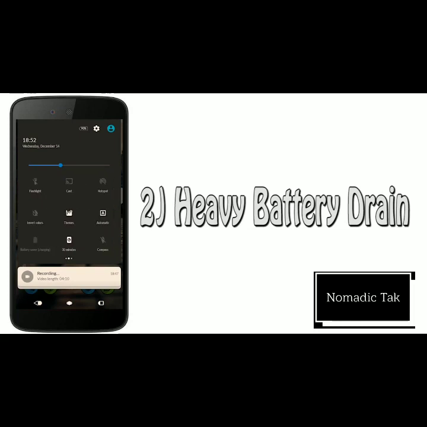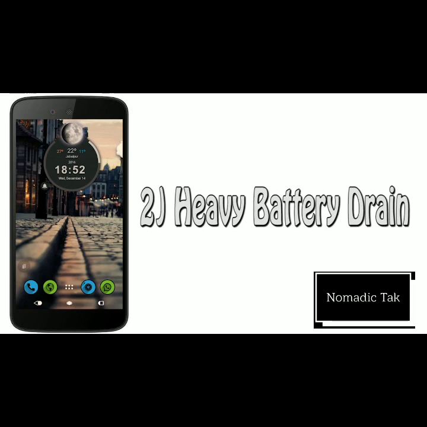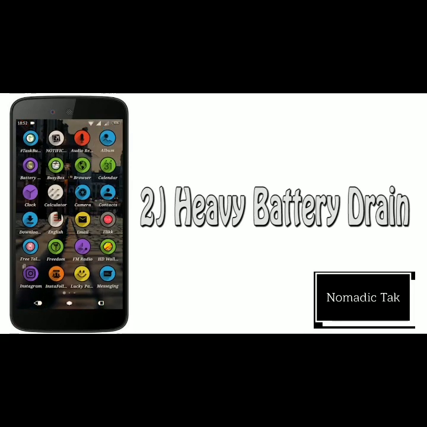The second thing is to turn on your battery saver. Now my phone is charging, so it's not turning on. Turn on the battery saver while your phone is on standby. The third thing is to use some different apps that are good, but the main constraint is they need root, and they really save your battery from draining. Greenify is one good app. Just don't use the bloatware or malware you are using nowadays for battery saving.